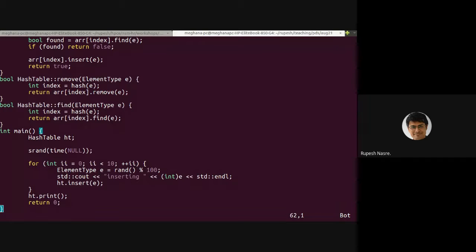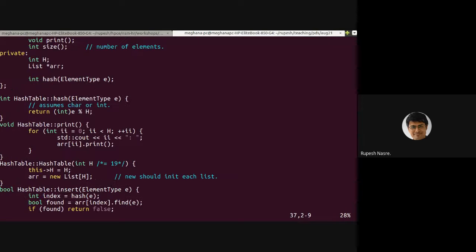Okay, let's come back to the hash table. Let's do that too. Yeah, so we were using the list print, and that is going to come handy for printing the individual lists of the hash table.